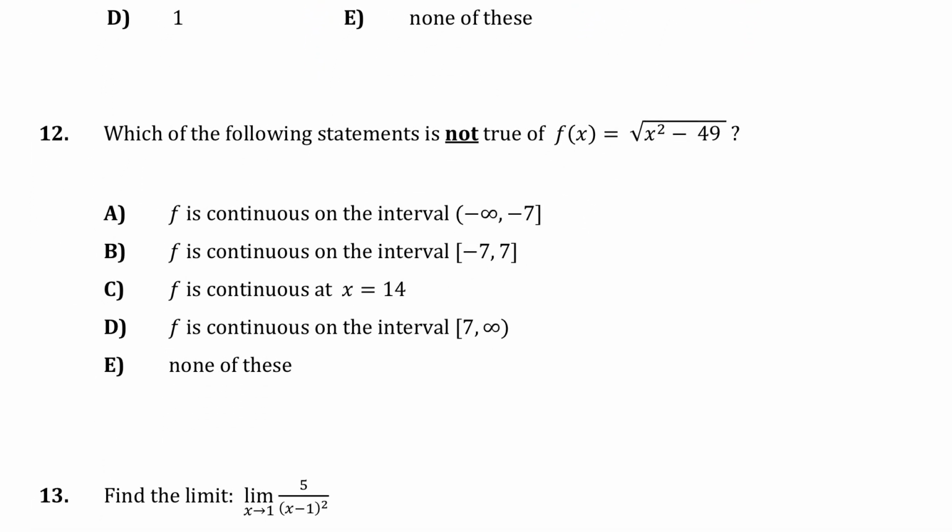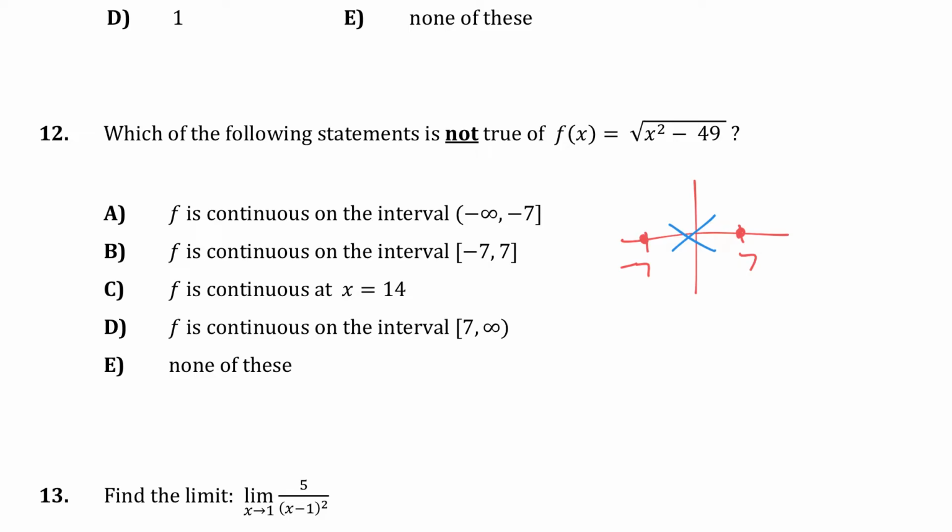This one, which of the following statements is not true of this whole thing right here? Well, I think it matters what you can put in for x. Obviously, if I put 7 in for x, that's going to cause a problem. Also, if I put negative 7 in for x, that would cause a problem. So if I have something here, whatever this is, at negative 7 and at 7, we have an issue. In fact,